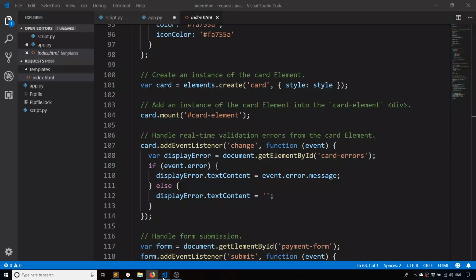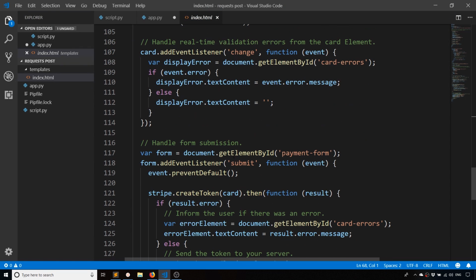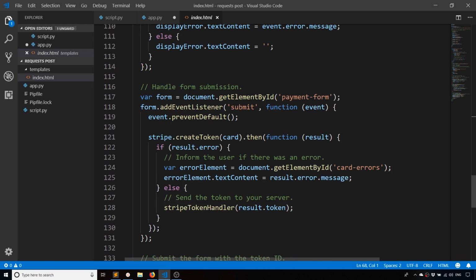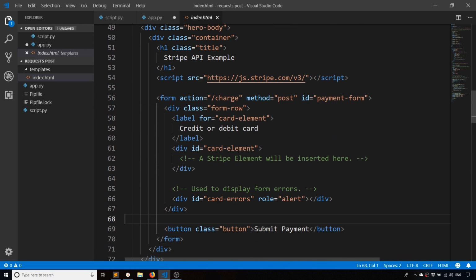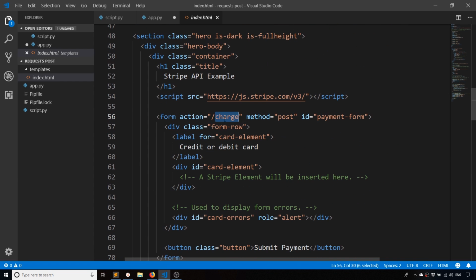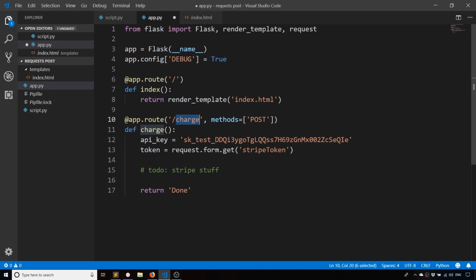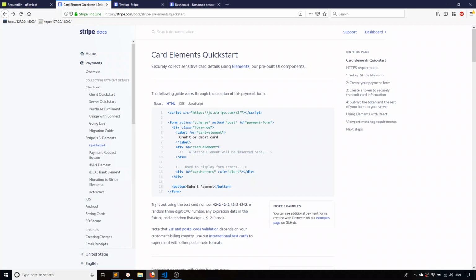So very simple stuff. And there's a request sent to charge through the HTML form. So here /charge. The data in this form will get sent to this charge route here. Just a very quick overview of how the Stripe API works when you're using the card elements: when someone fills out the form,